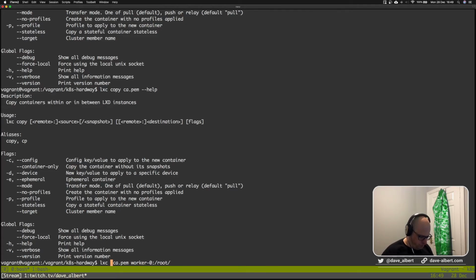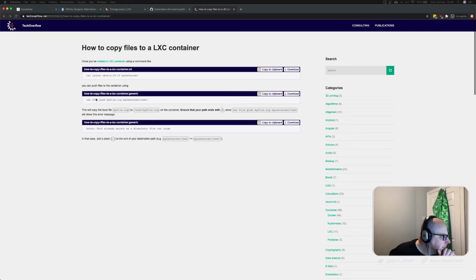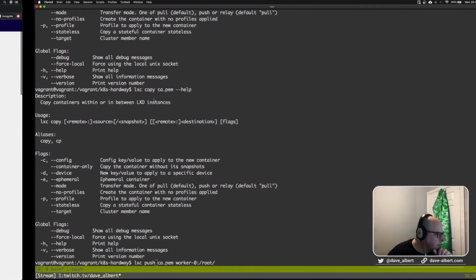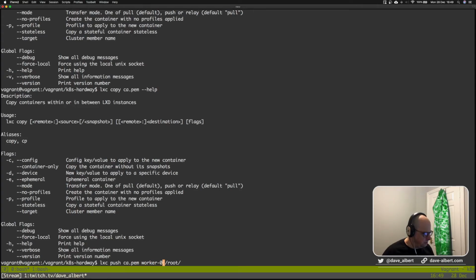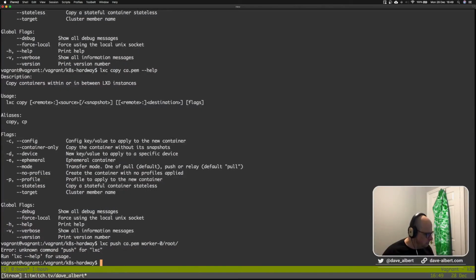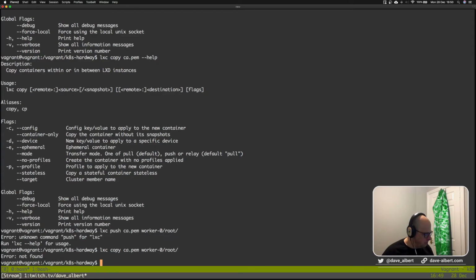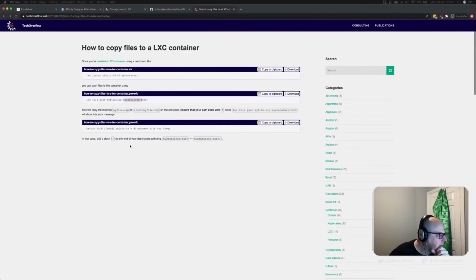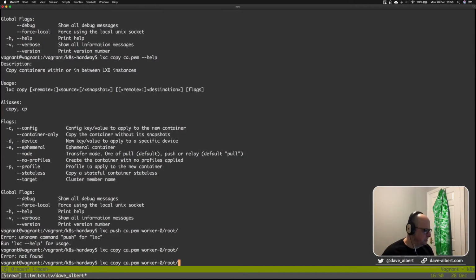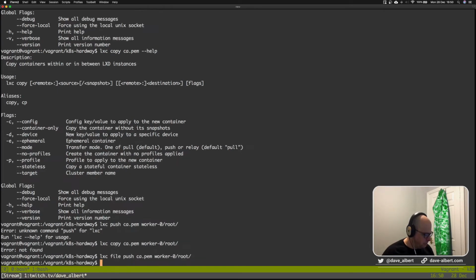So, push file to container /root. All right, let's try copy that way. Error not found. That's nice. What am I doing wrong here? Oh, file push. Okay, so